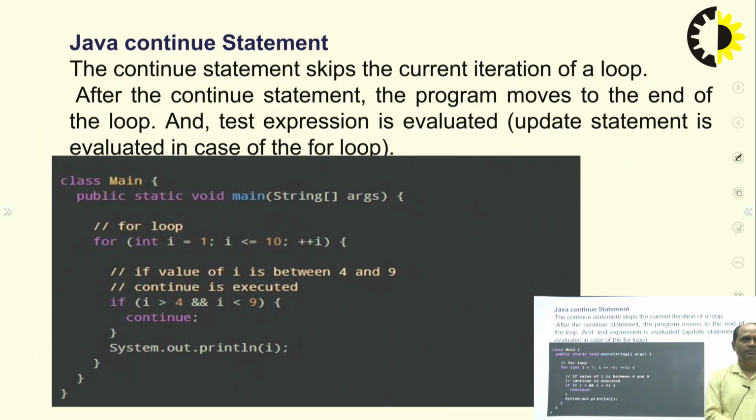And after the break statement, one more statement is also used in programming, that is the continue. What do you mean by continue? The continue statement skips the current iteration of a loop, and after the continue statement, the program moves to the end of the loop, and the test expression is evaluated, and the update statement is evaluated in the case of the for